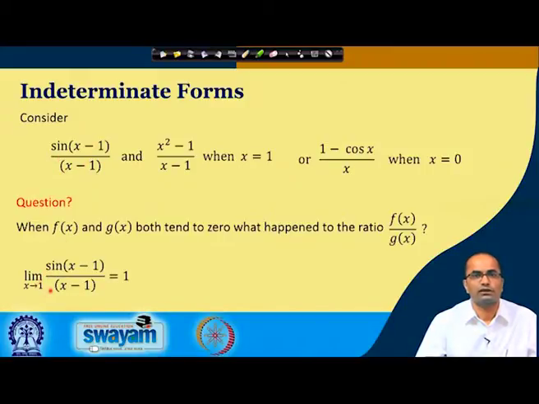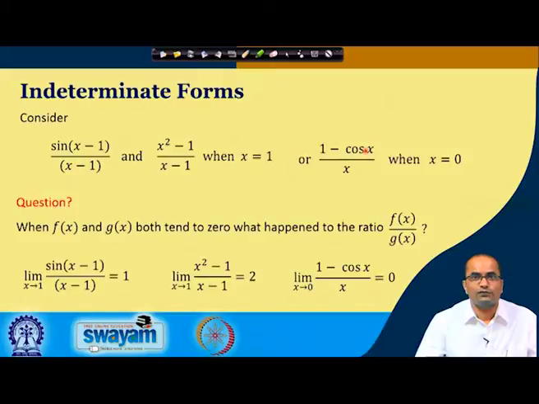The limit as x goes to 1 will come out as 1, whereas in the second case, x square minus 1 over x minus 1, one can get it by cancelling x minus 1 from the numerator, because the numerator can be written as x minus 1 times x plus 1. So this x minus 1 gets cancelled, and the limit will simply be 2. For 1 minus cos x over x, we will see later in the lecture that